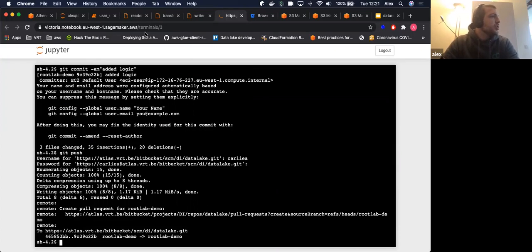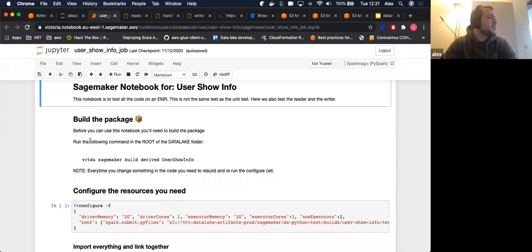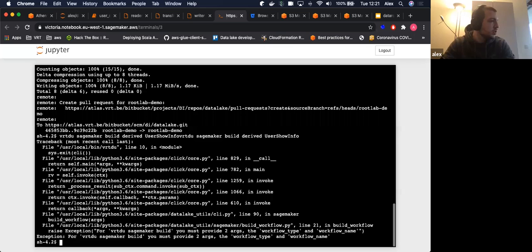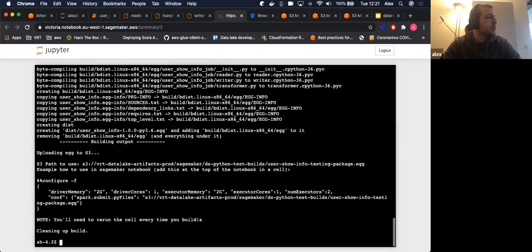So now that it's pushed, you can just follow in the notebook. It says that you have to run this command, which will build the artifact that contains the logic. So now I can run this in the terminal still. This is building the artifact and putting it into S3 so that I can fetch it in my